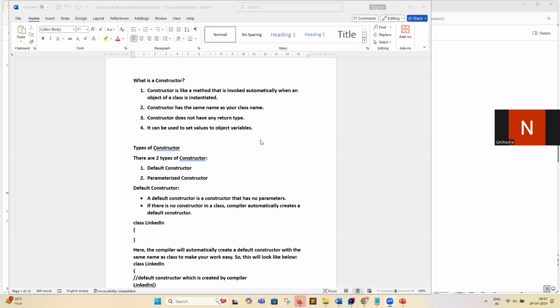So yeah, we are discussing the constructor. So what is the constructor in Java? This constructor plays a very important role, and without it, there is no Java. First of all, most of the time people will get confused